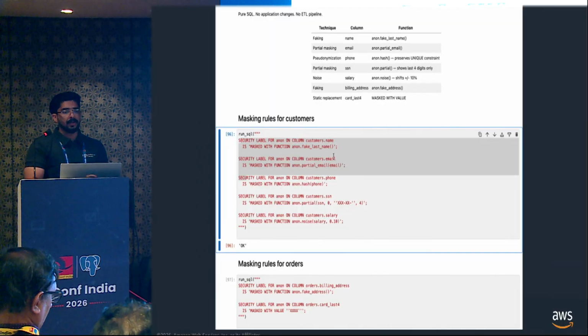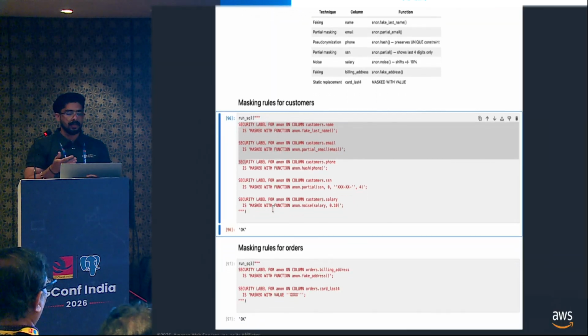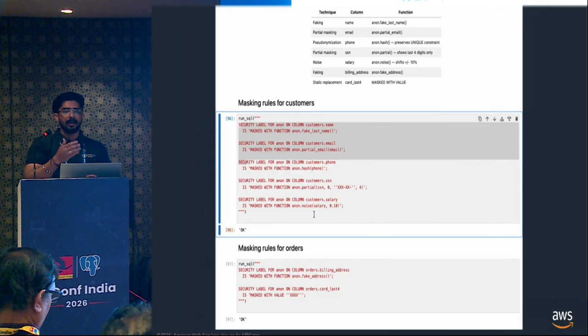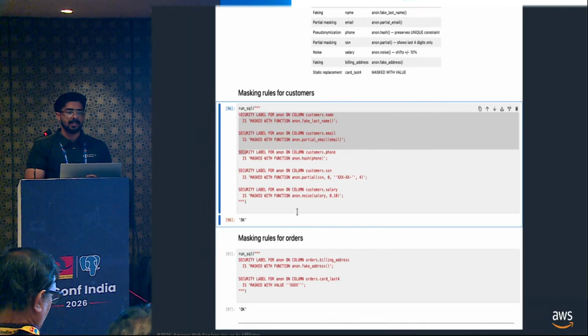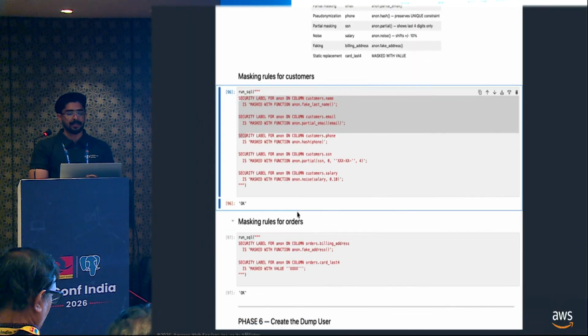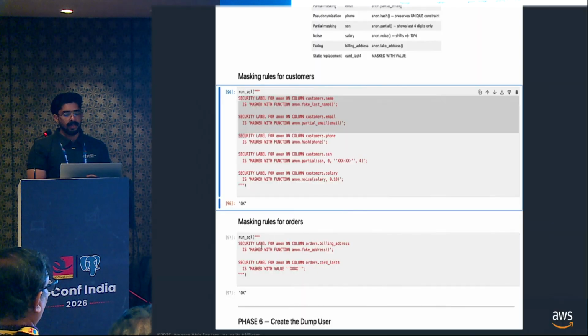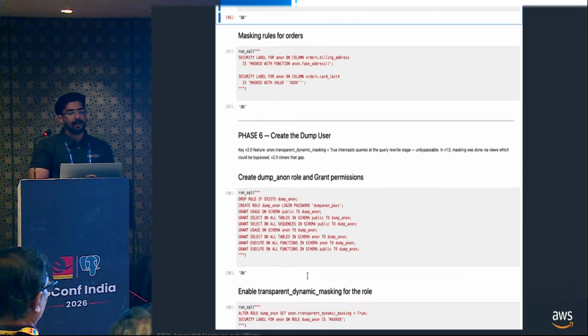According to your use case, you can choose whatever is required for your customer. You can choose whichever function you want, and you have plenty of options as we described earlier, such as faking or pseudonymization, depending on referential integrity or whatever the use case is. So once the declarative syntax is ready and you have declared all the masking rules, now as the first use